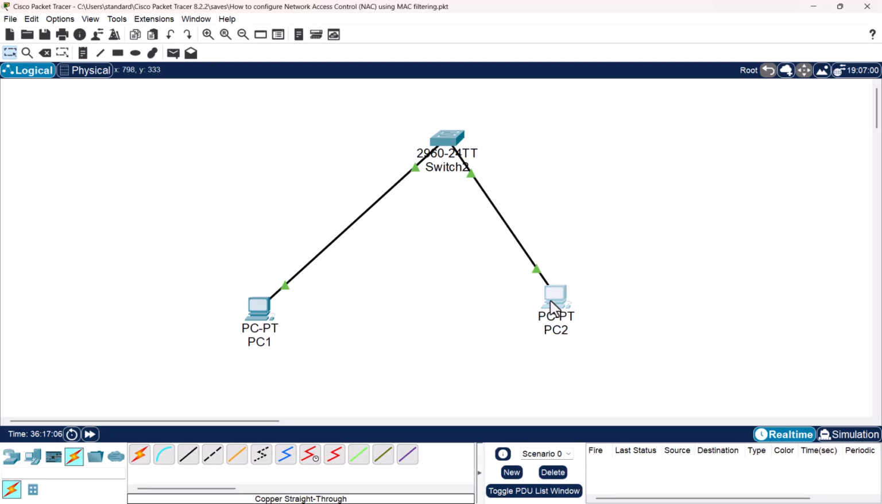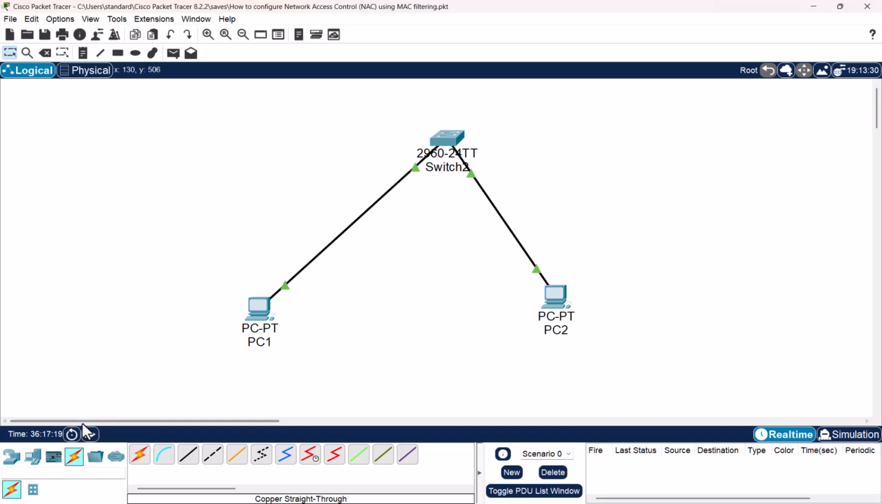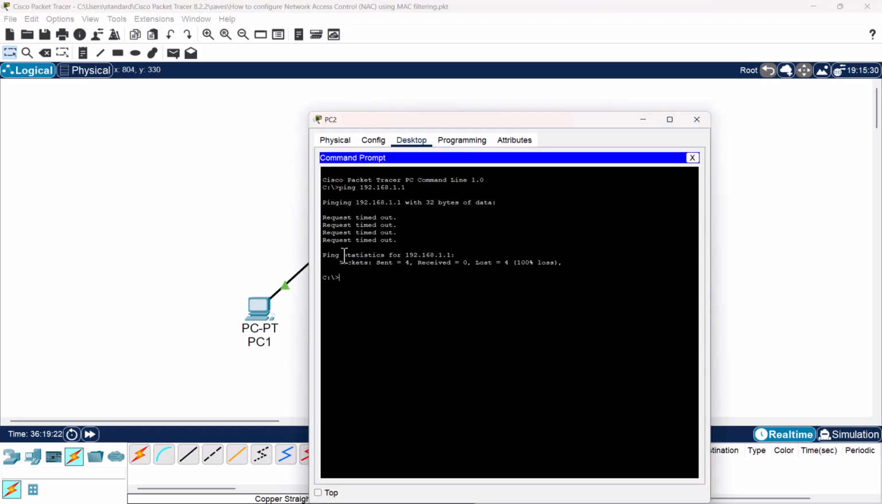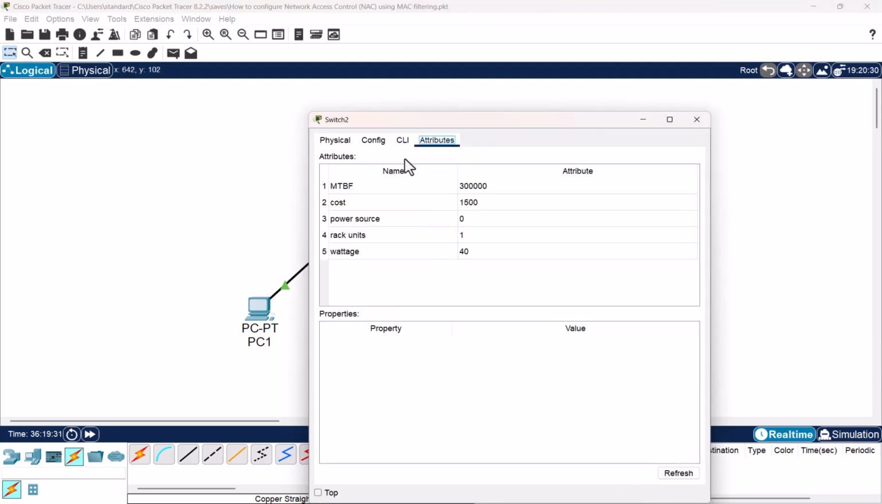And now let us go to PC2 and try to ping 192.168.1.1, which is the IP address of PC1. I will fast forward the time. And we can see that PC2 is not able to ping PC1 due to the MAC filtering that we have put in place. If I go back to the switch